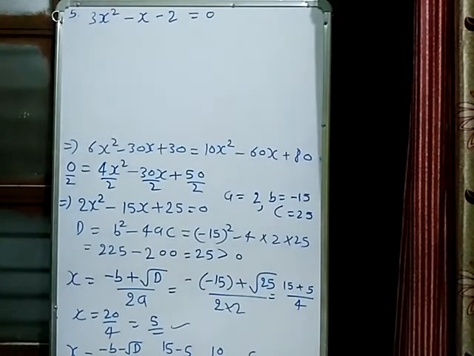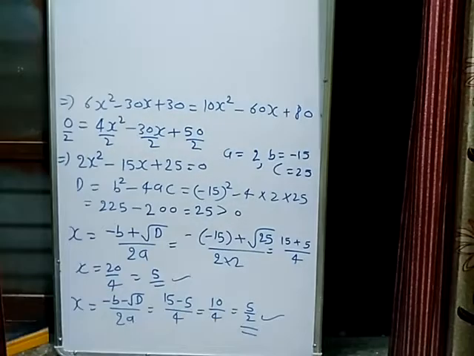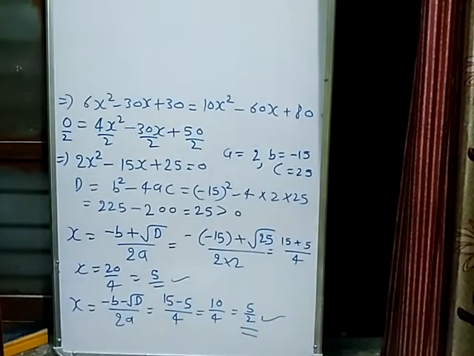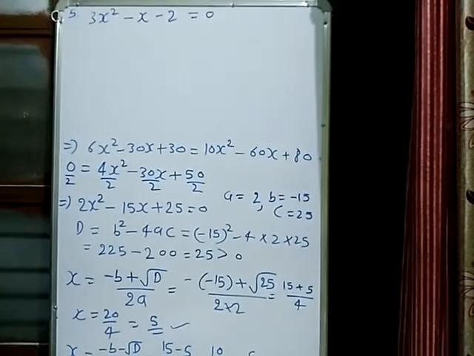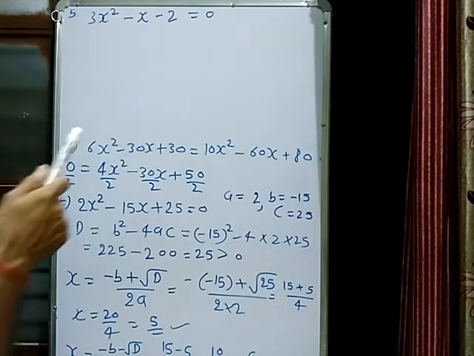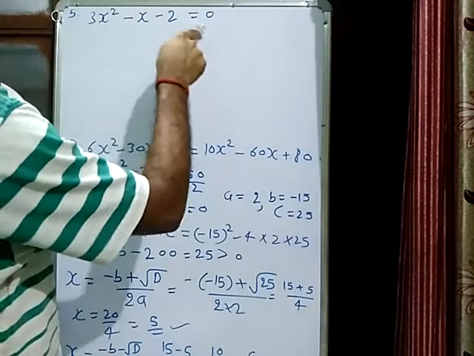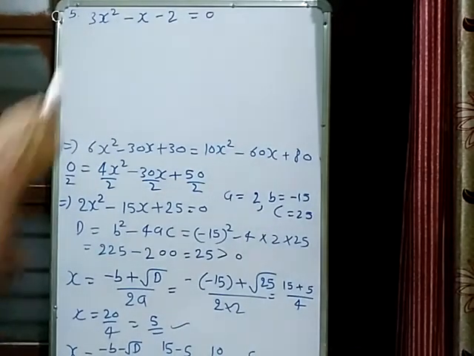Afterwards, I have explained that if you did not see the last one, look here, 5 and 5.2 is the solution of the last question. So we'll come to question number 5th. Solve using the completing square method: 3x square minus x minus 2. I observed that so many of you have made a mistake in this question, so look at it carefully and practice some more questions based on it.